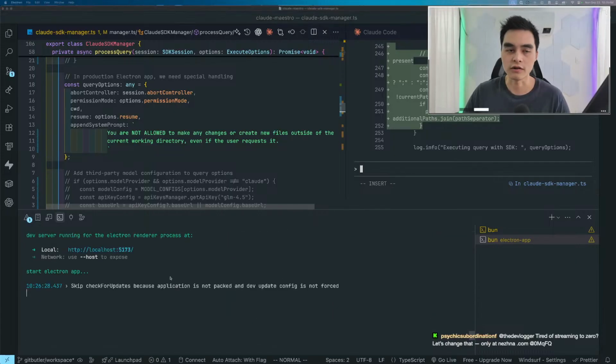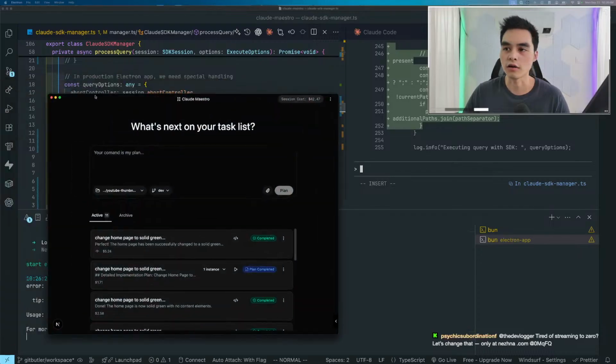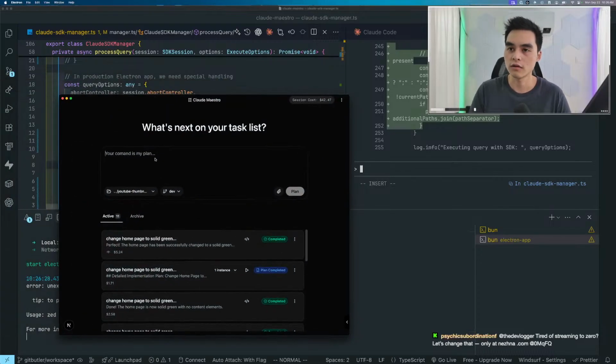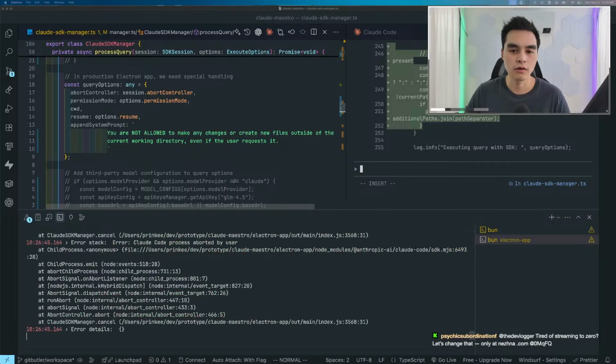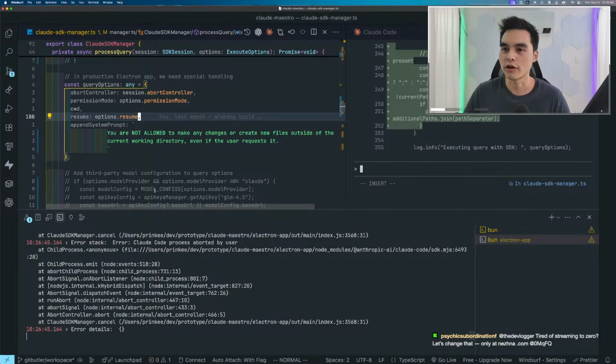I'm gonna run dev here. Gonna go back here. Change home page to solid green. Okay, so it does work. I'm gonna kill the task. So it does work when this